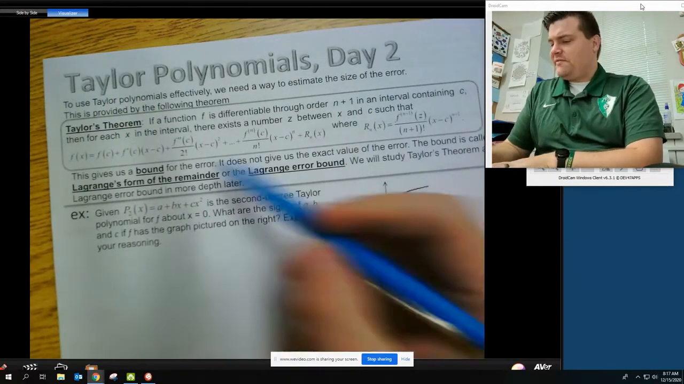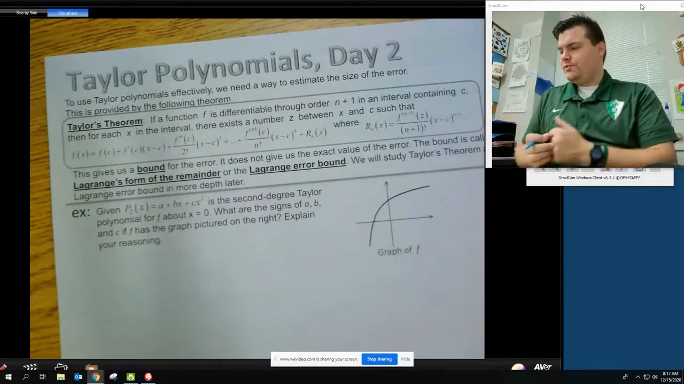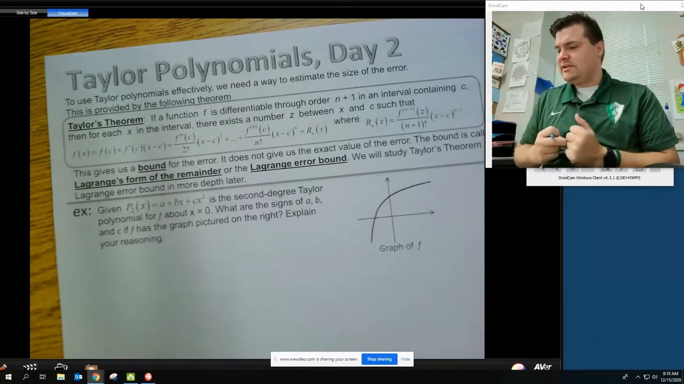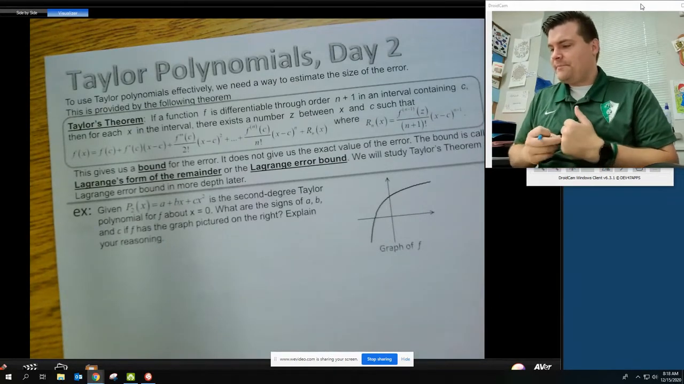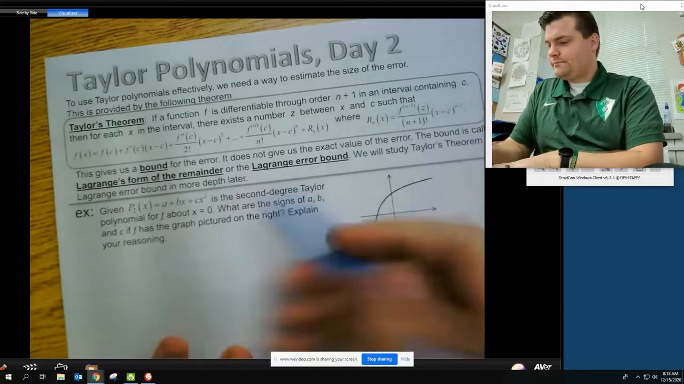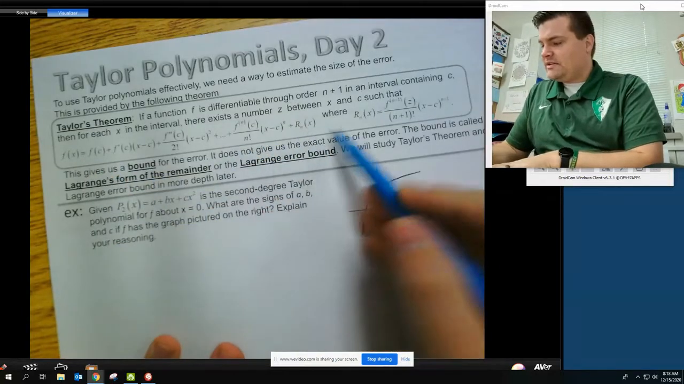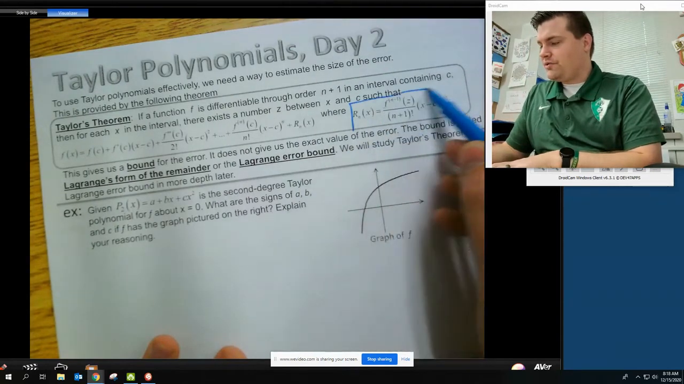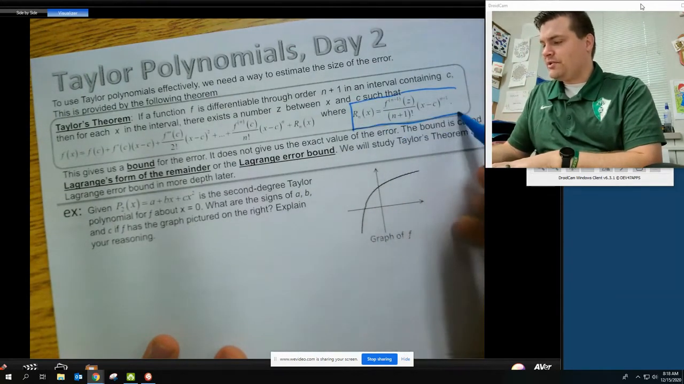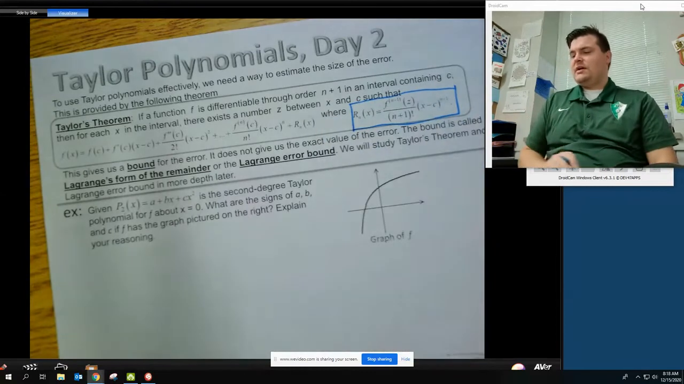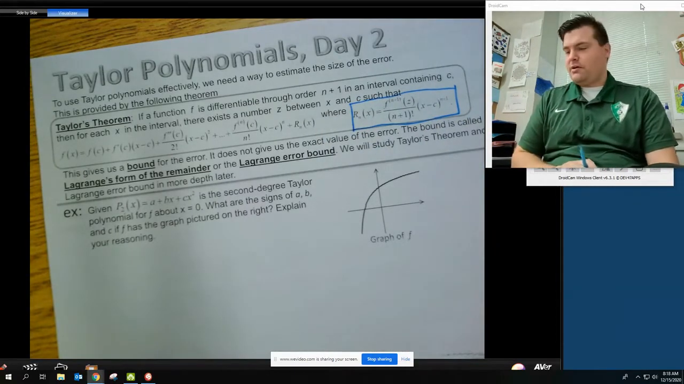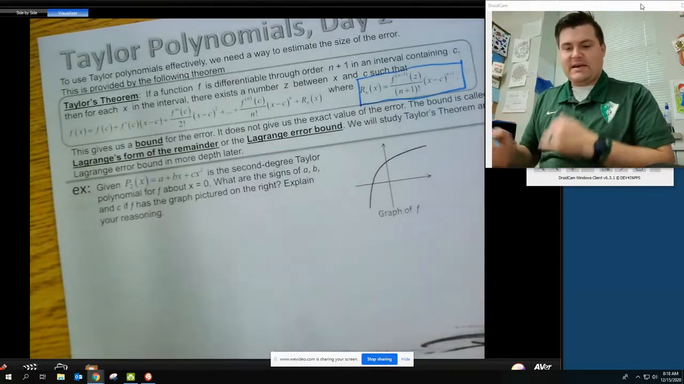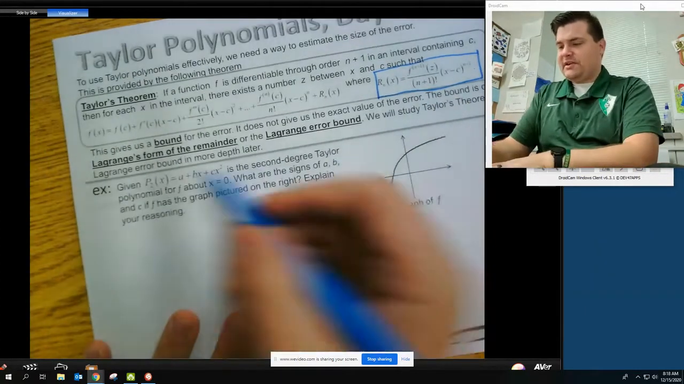Pretty much saying that if a function is differentiable through this part of the Taylor polynomial, and it's containing c, its interval. I'm just trying to say that this R value right here would be this guy right here, which is going to represent our error bound. So the remainder, essentially, that is going to be our error bound. So we'll do that a lot more in depth later, but I really just want to focus on this first